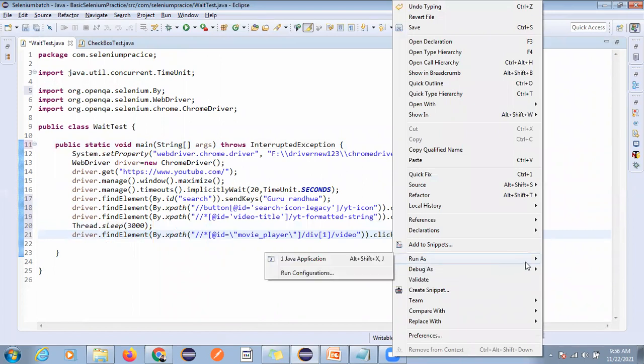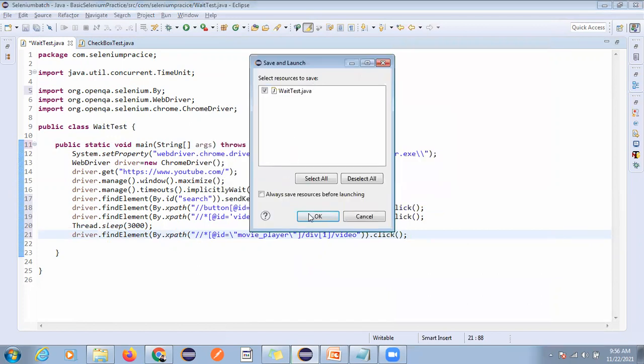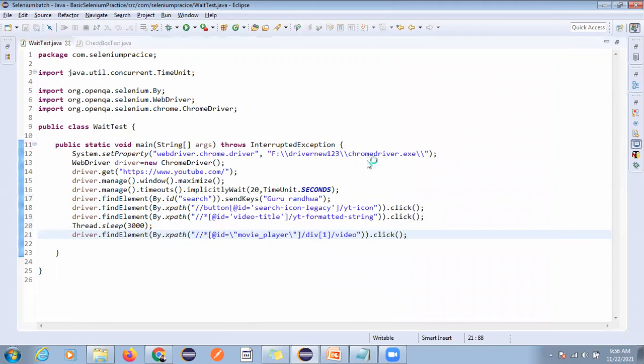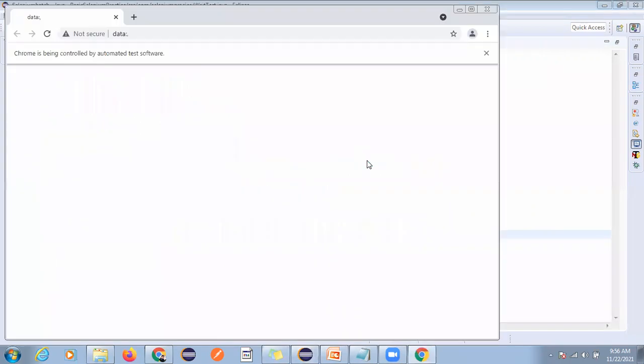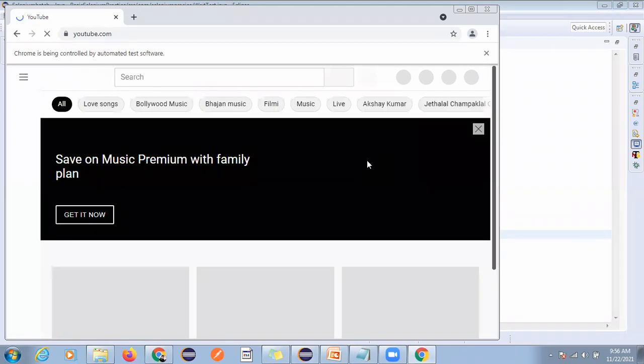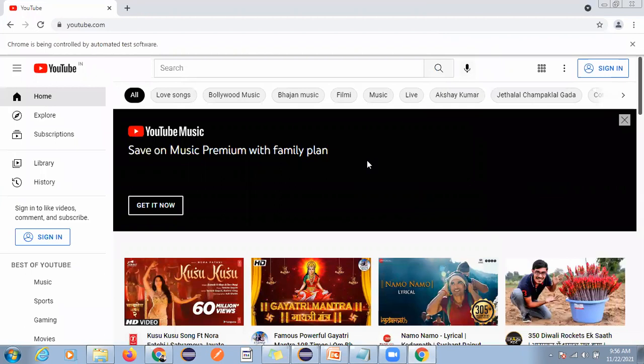Let me try to execute this. If anything fails, then we will try to fix it. It will maximize, and it must be entered.